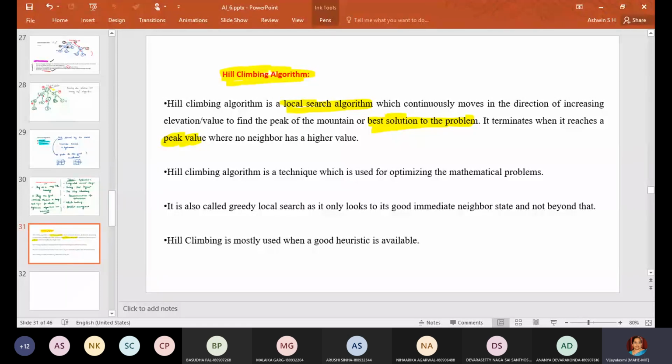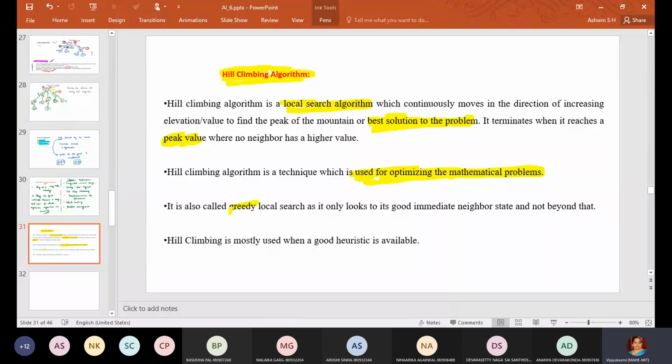Like hill climbing on a mountain, when you reach the top, you stop there. Same principle here. It is used for optimizing mathematical problems. Any problem you have, you can optimize using the hill climbing technique.